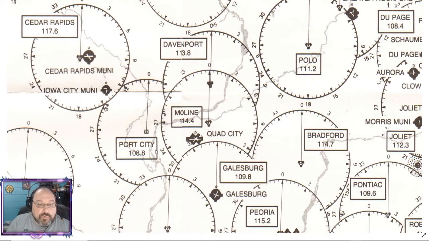Either that, or it was in there correctly, or not in there correctly. One of the interesting things is right here for where we're at, Quad City. These are in the wrong place. The airport is right here next to the river, where the VOR is at, and the VOR is actually over here. So who knows? Port City 108.8 may not be the correct frequency back then, but whatever the case is, it's different. Now, when we go to tune that in,